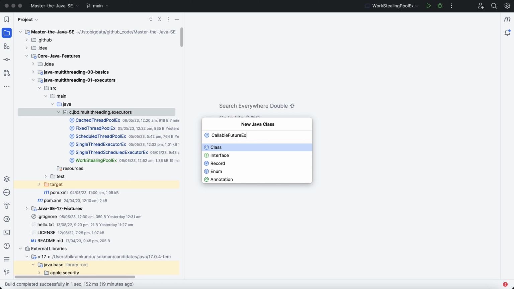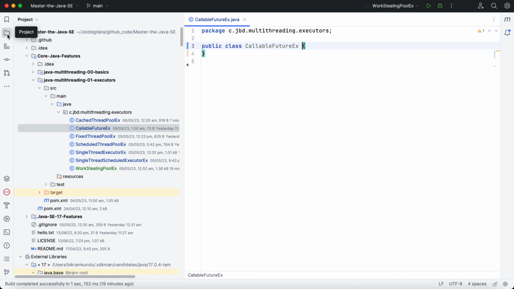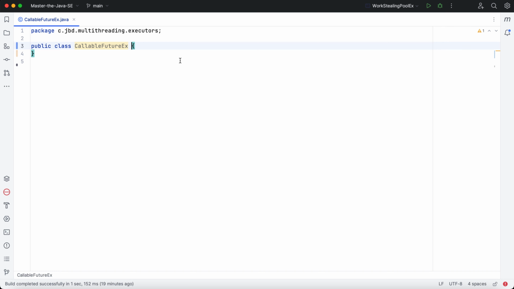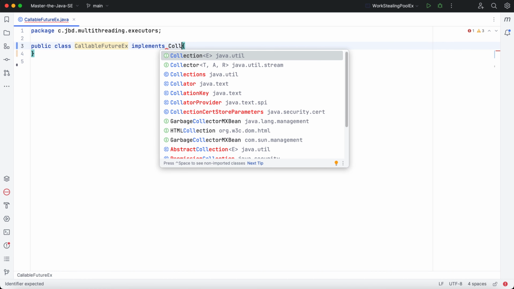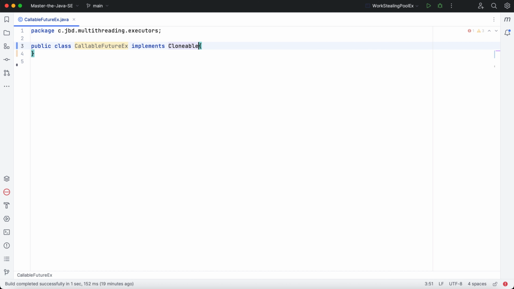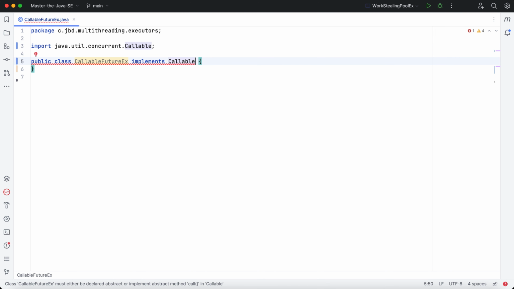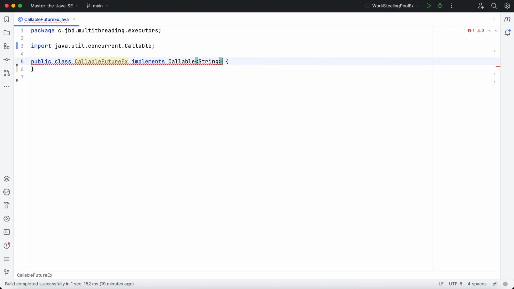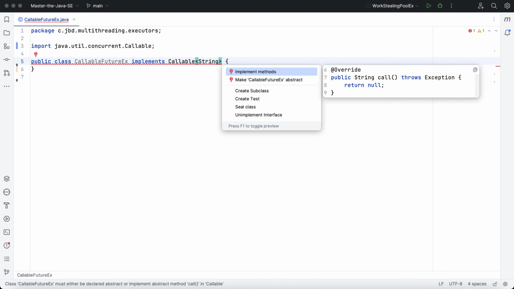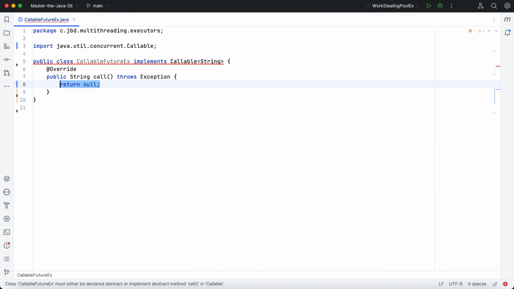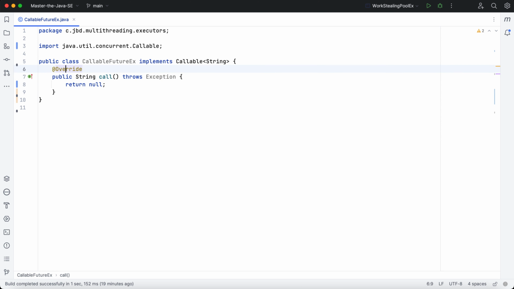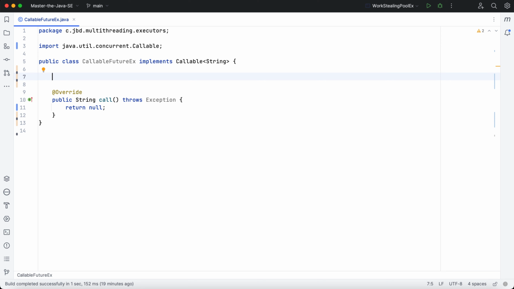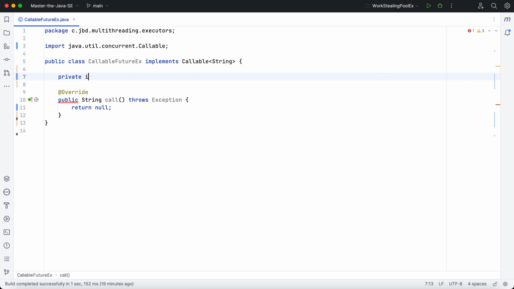So I'll create a class called CallableFutureEx, and this implements Callable, and let's say I'll return a string from my callable. Sorry, not Cloneable, Callable, and this returns a string. I need to implement the method, so let me implement the call here, and from the call I need to return a text. I'll return something like a task ID here. So I'll say private int taskId,